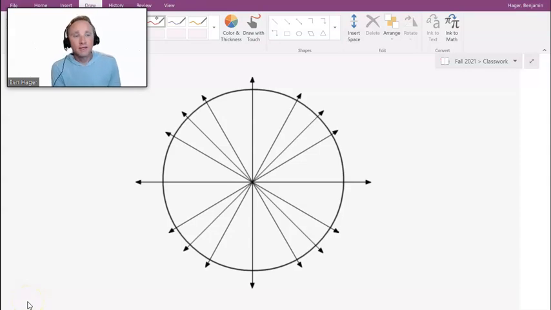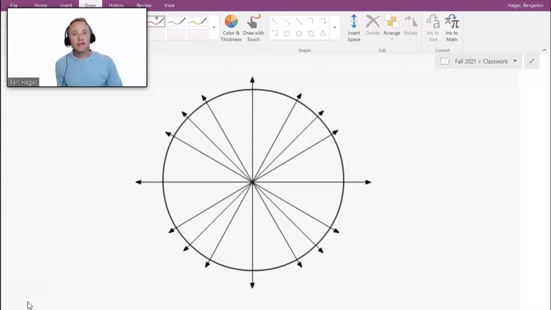Hello everybody. Today I want to talk to you about one of the best tools you have in trigonometry. It's going to be your best friend moving forward, and that's the unit circle. The unit circle gives us a convenient way to lay out our common angles, both in degrees and radians, and eventually we're going to also add some of our trig function values to it.